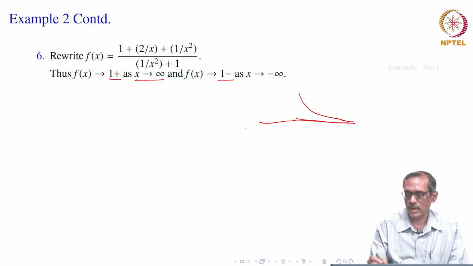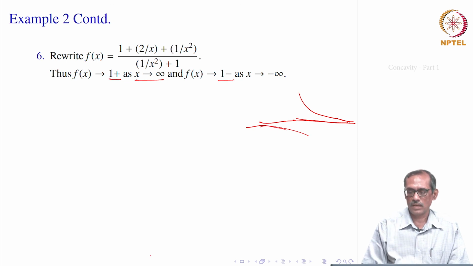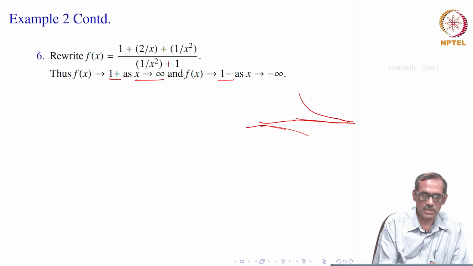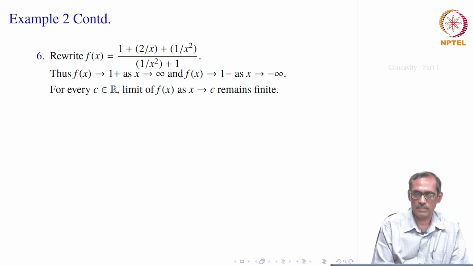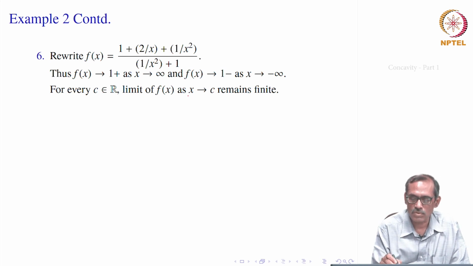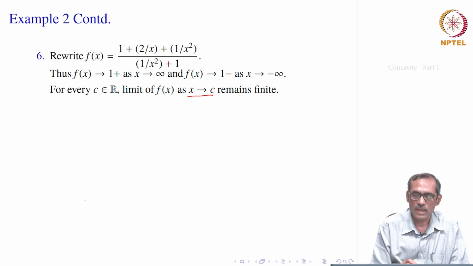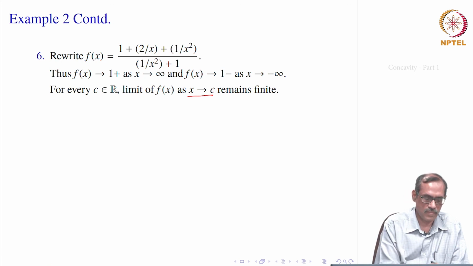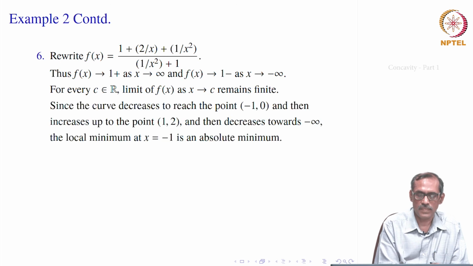So, on this side, as x goes to minus infinity, y equal to 1, let us say that line. So, it may look something like this, right, going like this. When x goes to minus infinity, it will be staying near 1, but smaller than 1. So, that gives some idea about when x is becoming very large or very small. And if you take x going to any other c, then the limit also remains finite, it is not blowing up anywhere. So, there is a limit everywhere for the function, right. So, it is not unbounded.